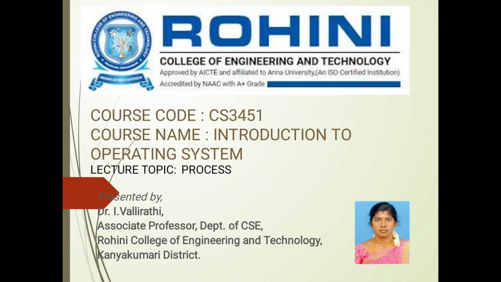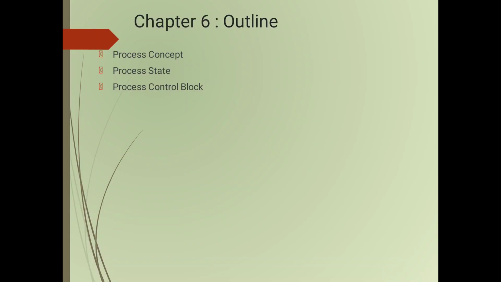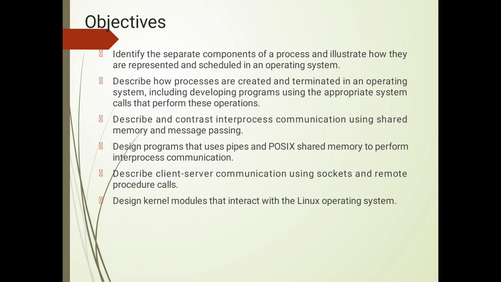In this presentation, we are going to discuss processes in the operating system. The outlines are process concept, process state, process control block. The objective is to identify the separate components of a process and illustrate how they are represented and scheduled in the operating system, and describe how processes are created and terminated in an operating system, including developing programs using the appropriate